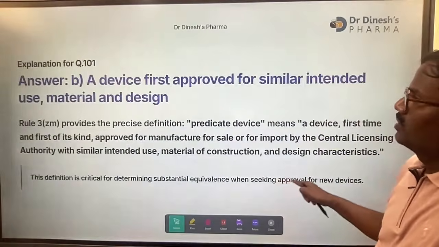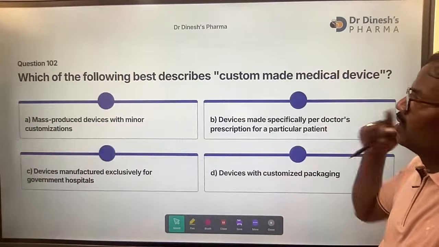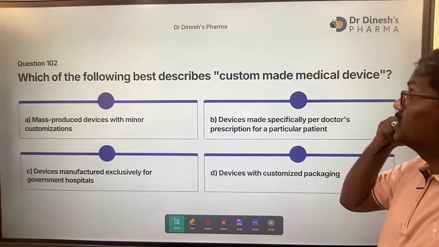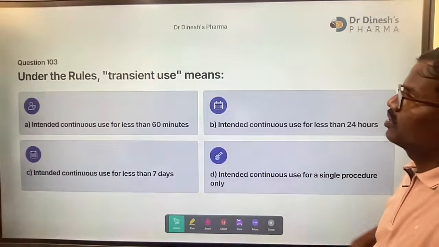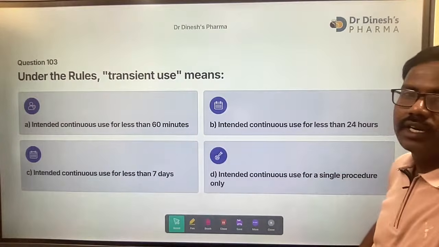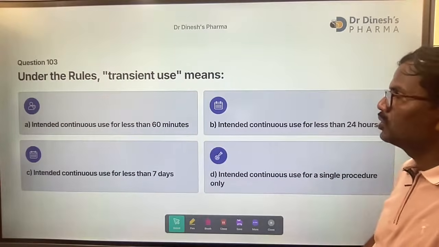Okay, yeah, this completes. Then, right. So, which of the following best describes custom made medical device, this is also completed. And then coming to the next question, under the rules, transient use. Okay, transient use means